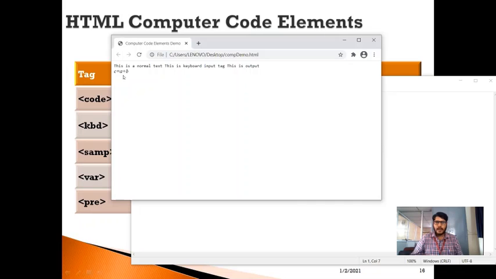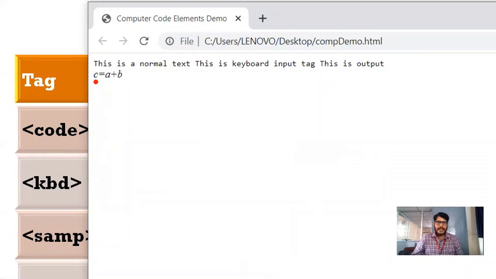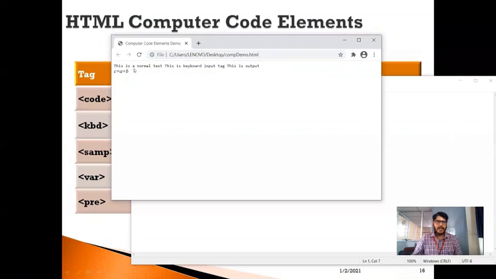You can see there is a slight change. It has italicized all the text here. The variables I defined, along with the operator, got italicized. This is what happens when I include the variable tag for highlighting mathematical formulas.